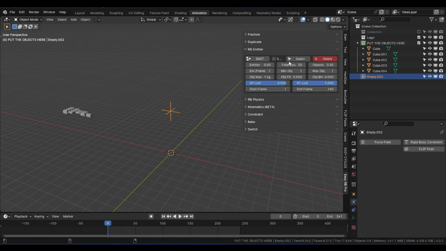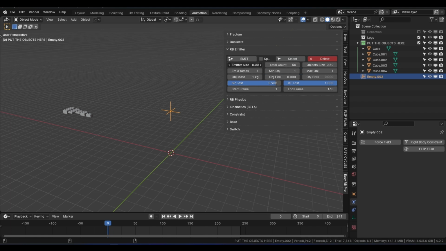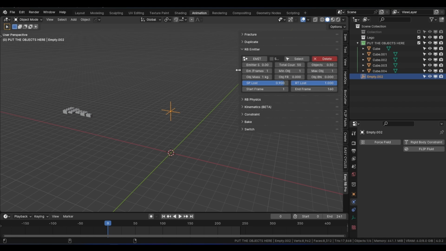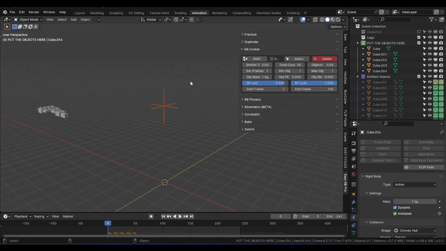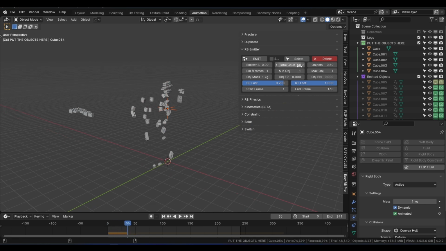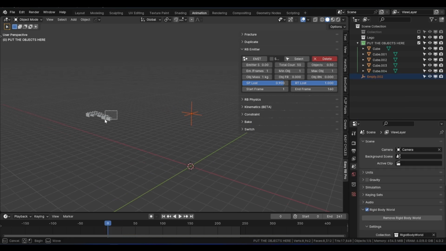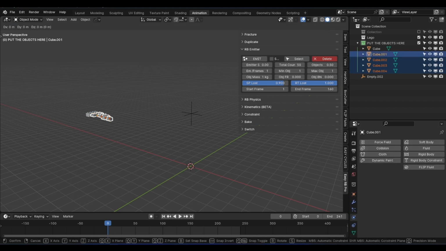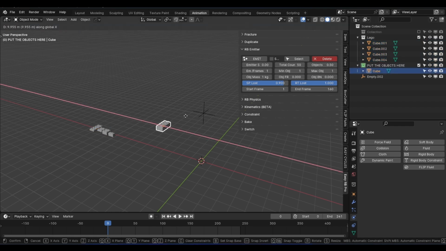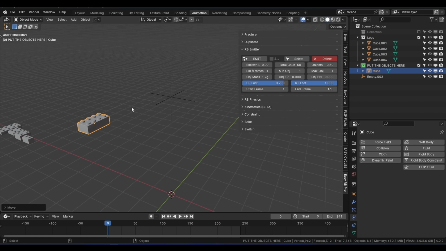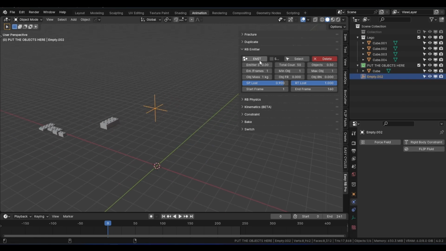Okay, so we have everything in the default values, and we have this emitter size. We need it always to be 0 to get our effect. Now, if we try to emit right now, or let me demonstrate it with one object so you can understand first what I'm talking about. So let's remove those objects from this collection and move them inside this Lego collection. Now we have only one object, and let's move it right here so we can see better what I'm talking about. So if we try to emit right now,